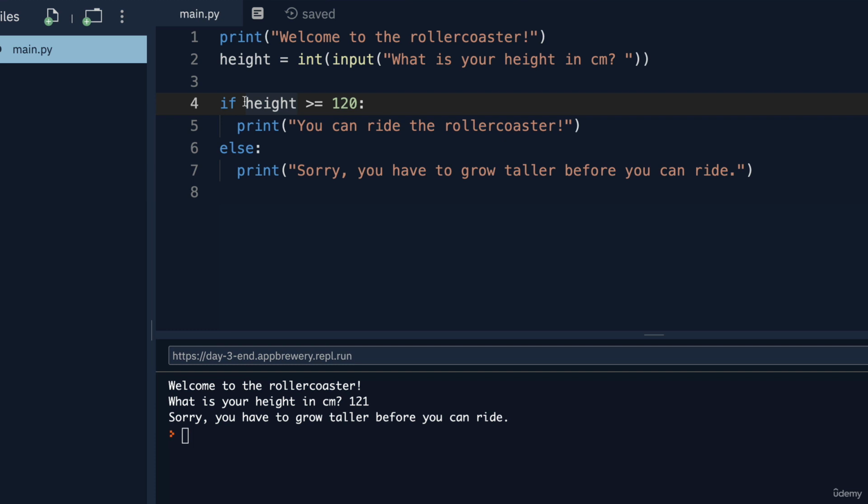But in our case, it makes sense to say if the height is greater than or equals to 120, then you can ride the roller coaster, but otherwise you cannot ride the roller coaster. By using if and else statements, we can get our computer to do different things and respond differently depending on different